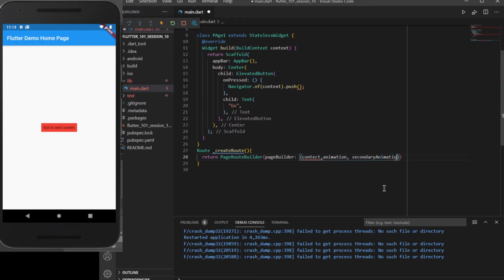And then we need to pass an arrow function to Page2, which we will be creating.